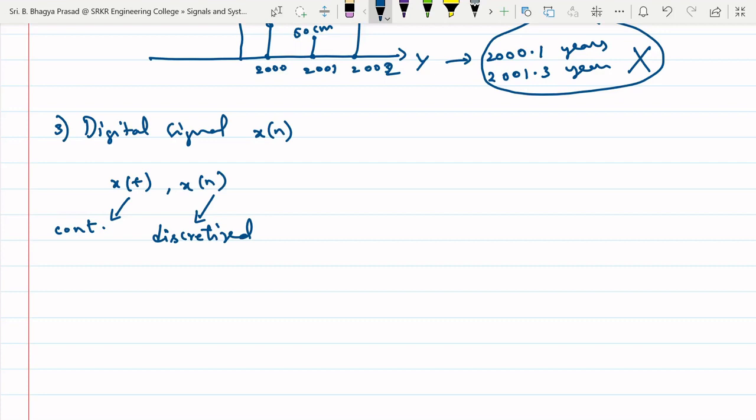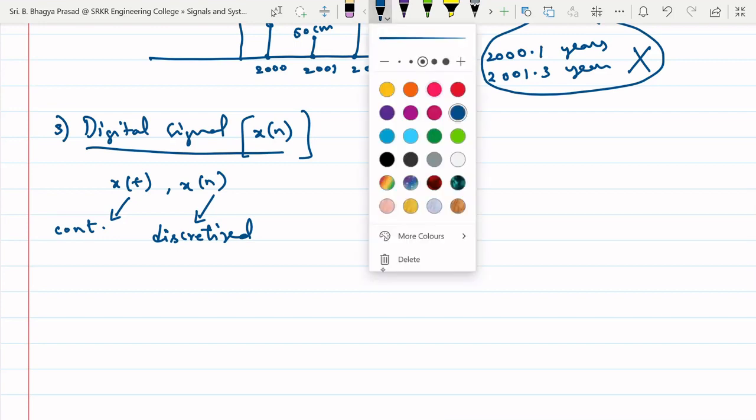n was discretized into a set of values, which are integers. But the value of x holds different values for the different n values or different t values. But in the digital signal case, for this x of n, n is